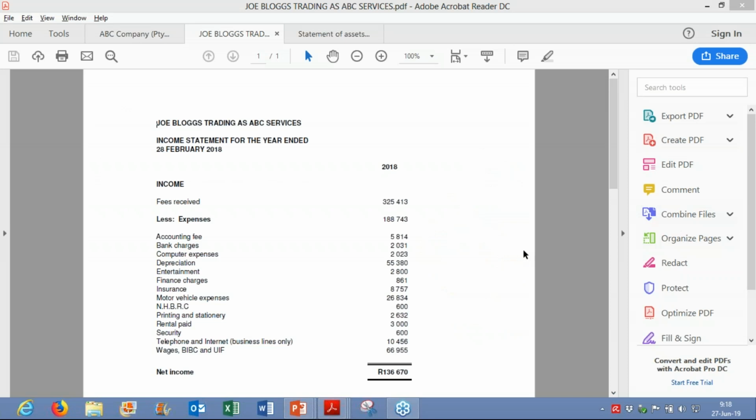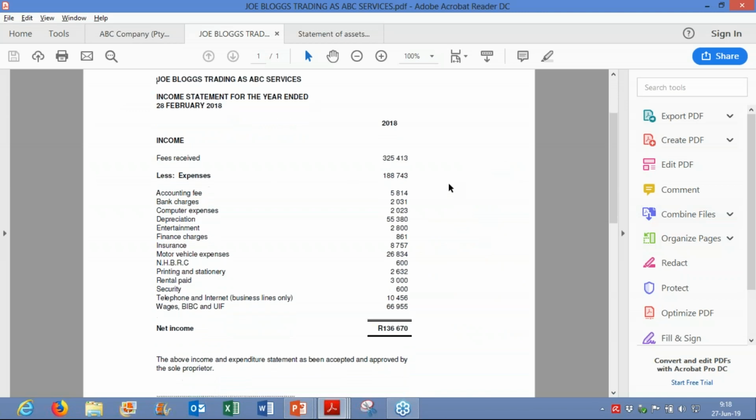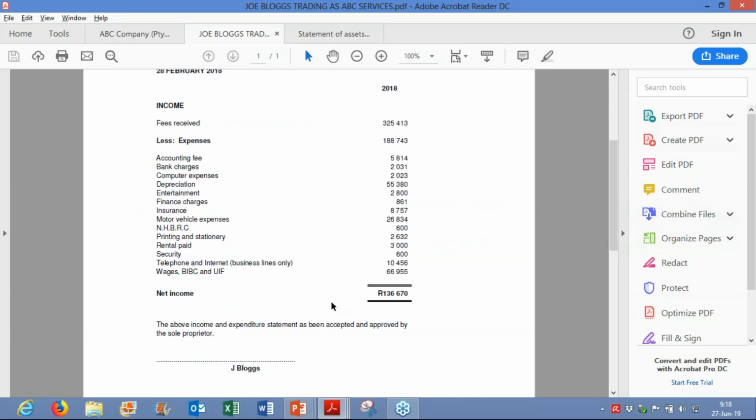Okay, this schedule might look familiar to some of you. Here we've got Joe Bloggs trading as ABC Services. He's a sole proprietor, and here is his income statement for 2018. You can see it is very straightforward. Fees received as income, expenses as they occurred during the year, which gives you net income at the end of the year. In this case, I don't see a major difference in terms of tax and this accounting's income statement because there aren't any permanent differences specifically. So this net income most probably will be his taxable income,